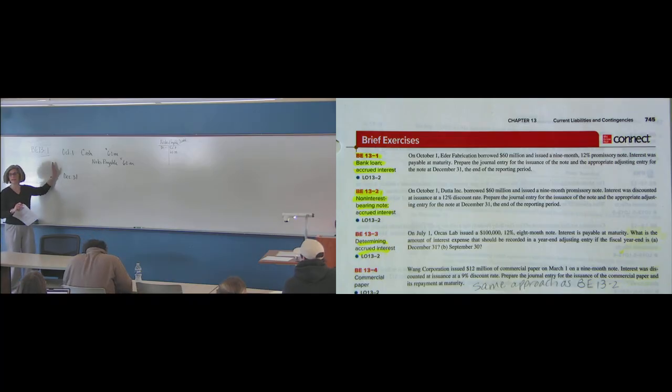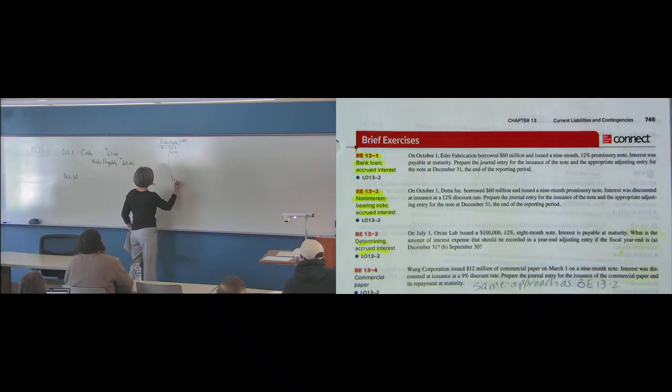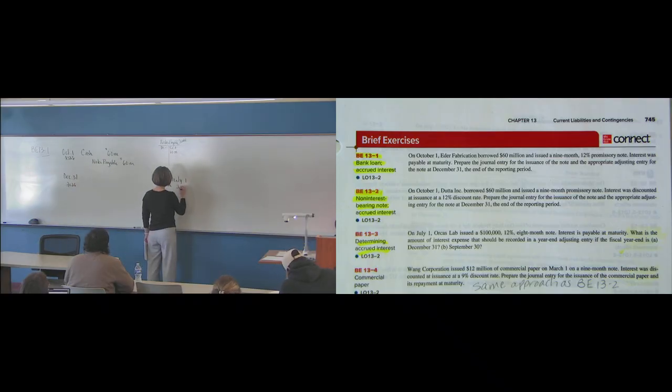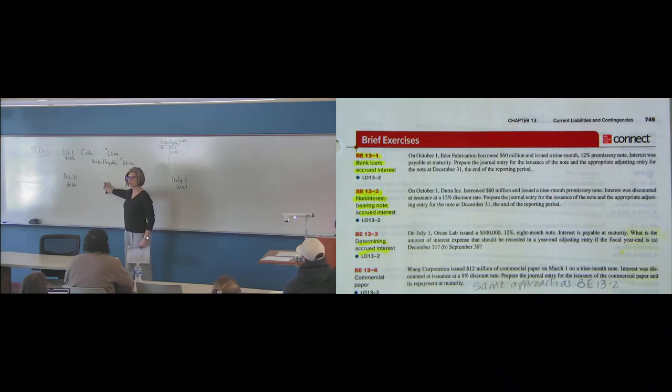So at this point, even though we haven't had to pay back the note yet, we don't pay back the note till, I'll put that over here, July 1. We'll just say this is October, this is 2026, right? We don't have to pay this back till July 1 of 2027. That doesn't mean that I did not accrue interest